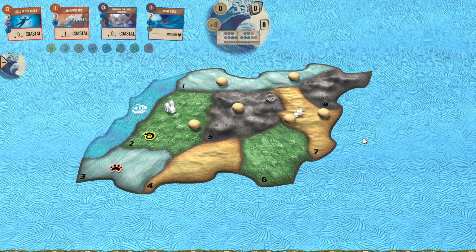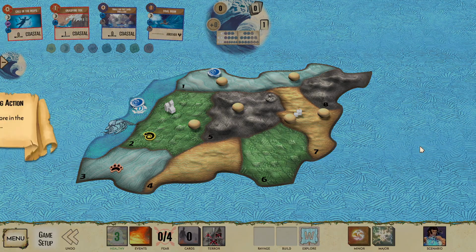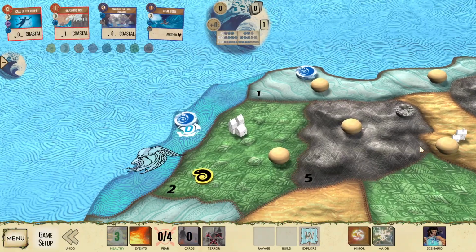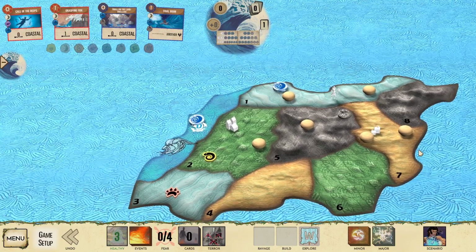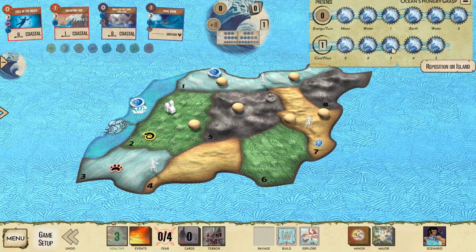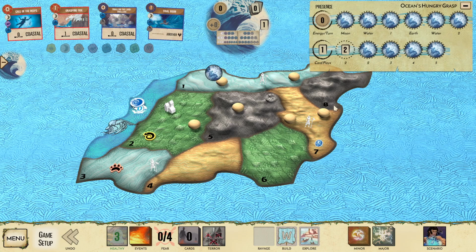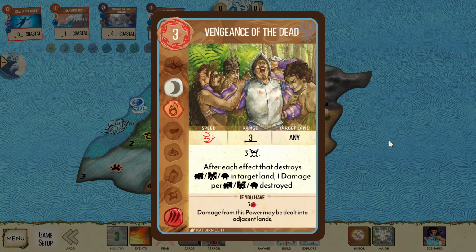Okay, let's not get a sand for the initial explore, please. I still want stuff here. Yes, wetland. That is a perfectly acceptable land type. I'm going to enjoy that a great deal. Okay. So, I think we still would love to have a sacred site here. I'm now getting Vengeance of the Dead, which